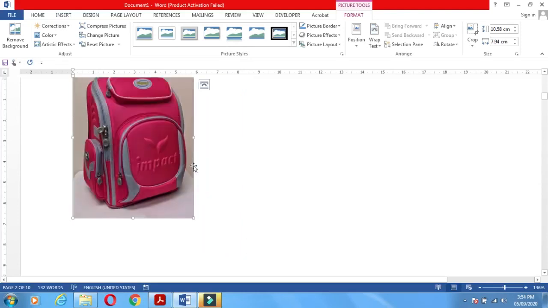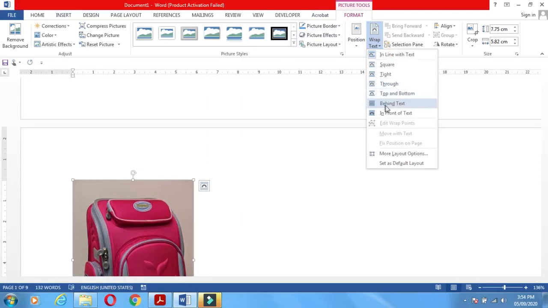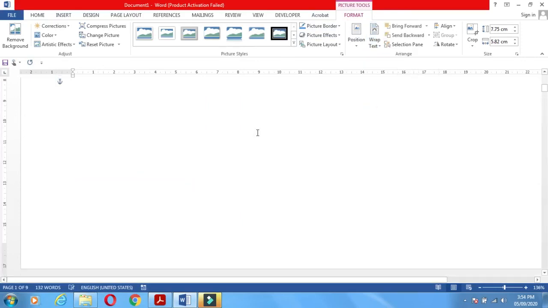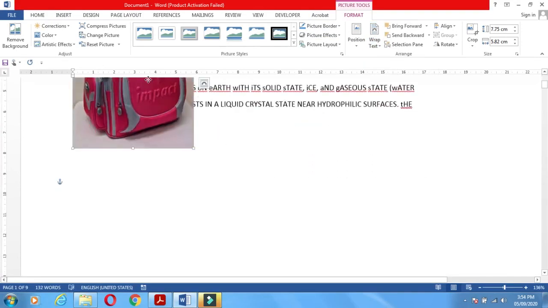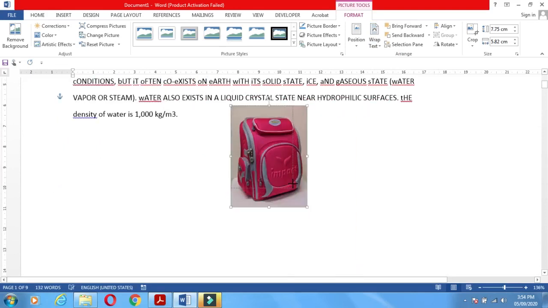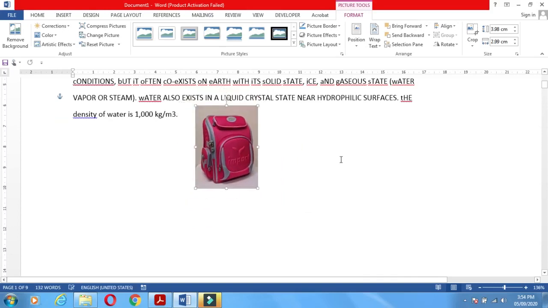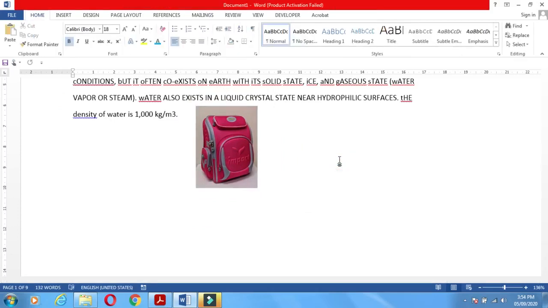Then you can just crop it. This clip art is coming to your Word document. In this way you can crop and place that clip art or picture anywhere you want in your document. In this way you can format all your documents by doing this practical.